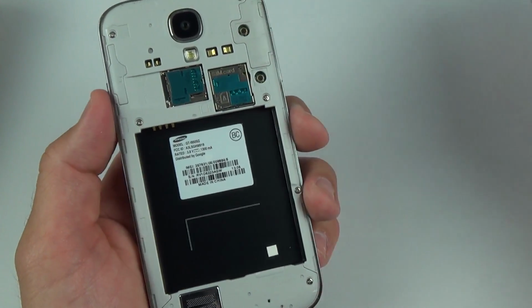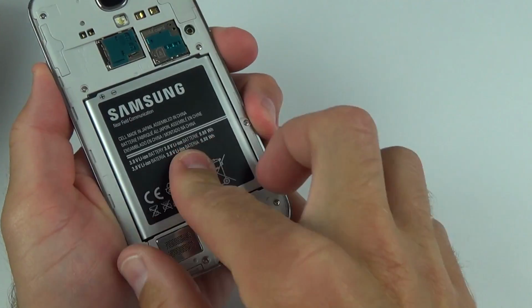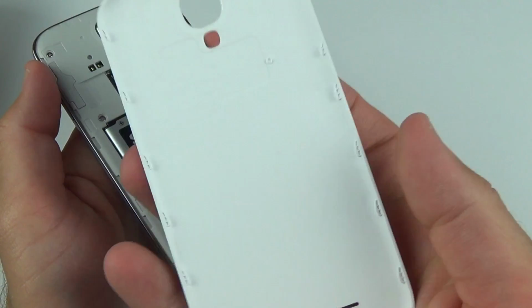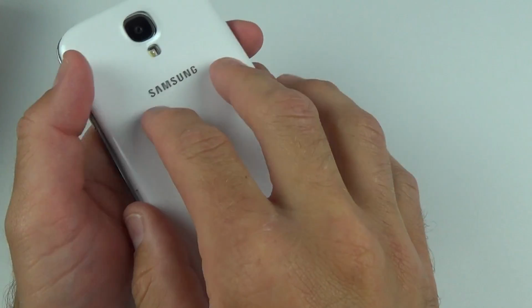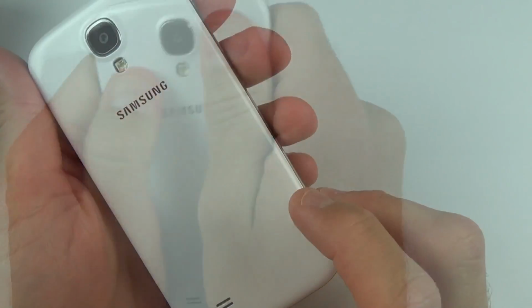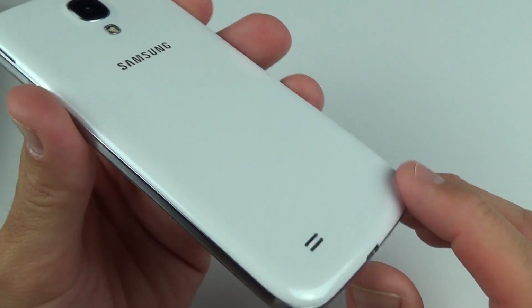So let's go ahead and install our battery. So I'm just going to drop this in and put our cover back on. So in fact, if you look inside the cover, you see just nothing. It's just a thin piece of plastic. Alright, so there you go. Again, it looks exactly like a stock